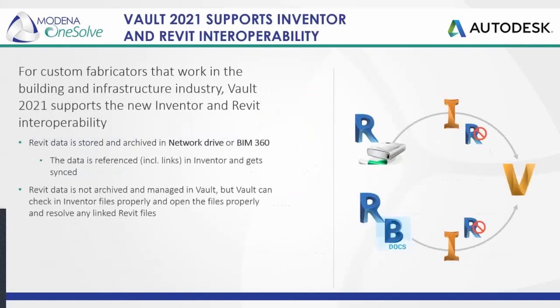So to start off with unused documentation detection, that's actually the next slide. This first slide is really on Volt 2021 and Inventor and Revit interoperability. So for custom fabricators that work in the building and infrastructure industry,